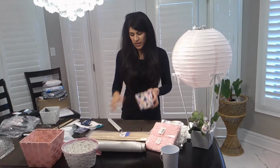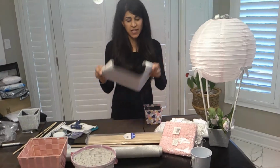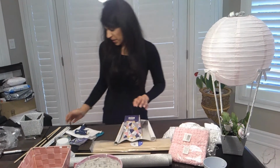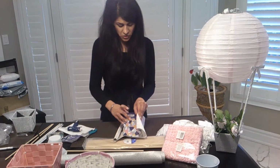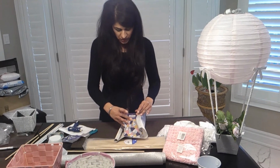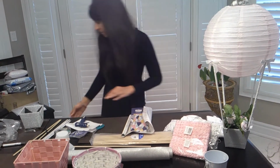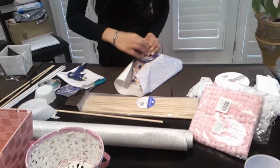which I took off. What I have done here is I have cut a piece of the glitter wrapping paper, and I'm going to wrap the base in the wrapping paper. So you don't have to wrap the base in a wrapping paper. As I had mentioned previously, this is a beautiful design in itself, and depending on the overall theme you are working with, you may choose to just keep the design, but what you want to do is you want